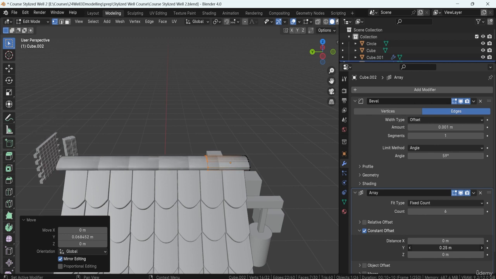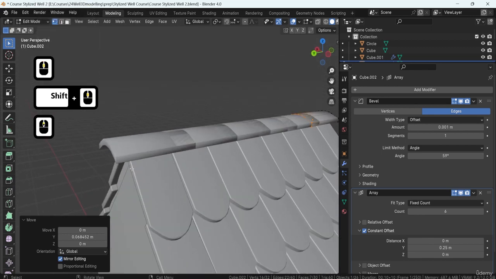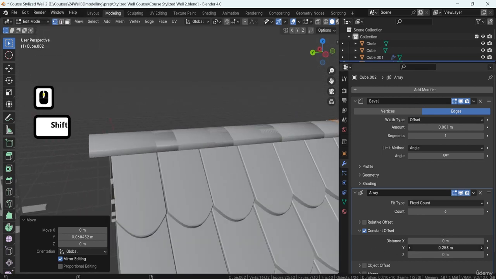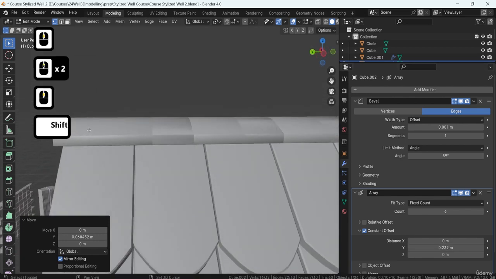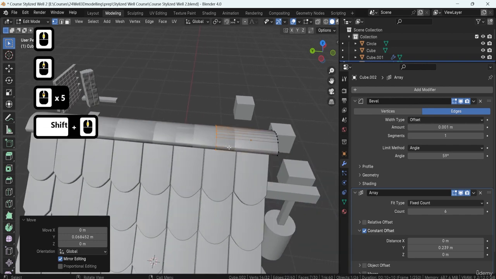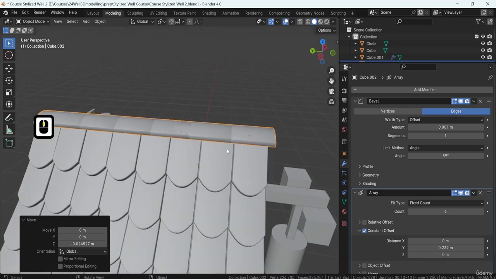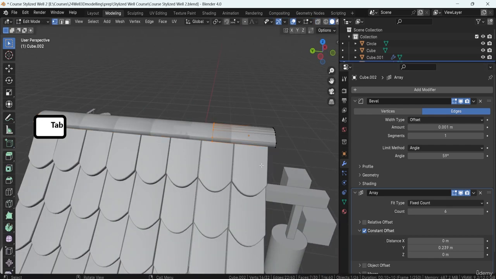So we're going to make it go right up to this point basically. So holding Shift, I'm just going to make it like so. I think that's quite nice. And there we go. It's going to go a little bit outwards, which I quite like. I'm going to hit Tab, G Z, and just drag it downwards a little bit as well. There we go. So now that we are using constant offset instead of relative offset, if we were to select these all,